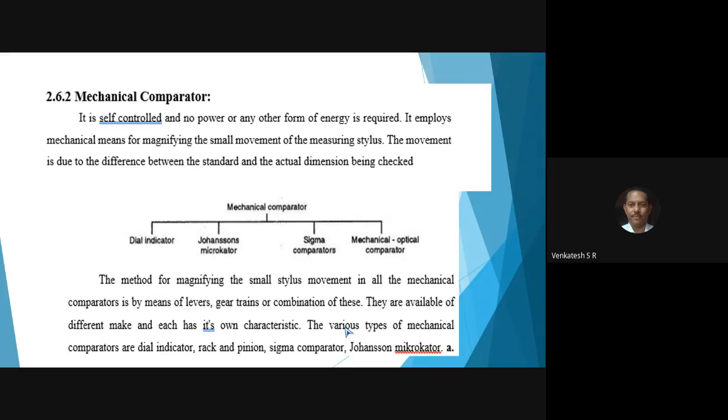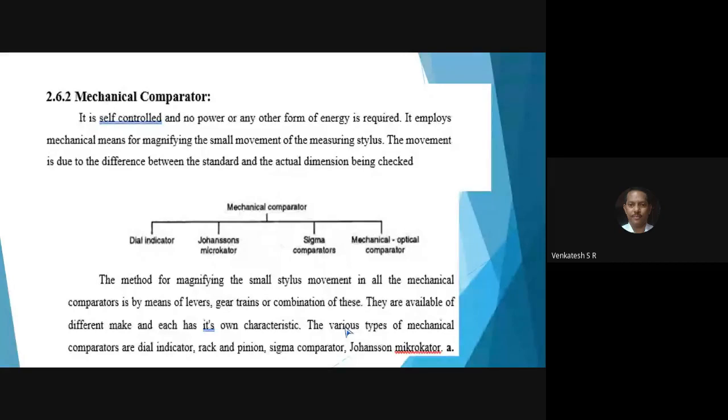Say, in the dial indicator, you have a plunger. If you touch the plunger of the dial indicator with your bare finger, press it upward direction, the dial turns 1,000 times. In some cases, dial turns 10,000 times. So this type of dial indicators are available.